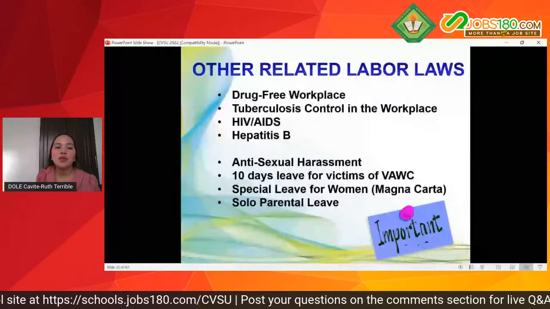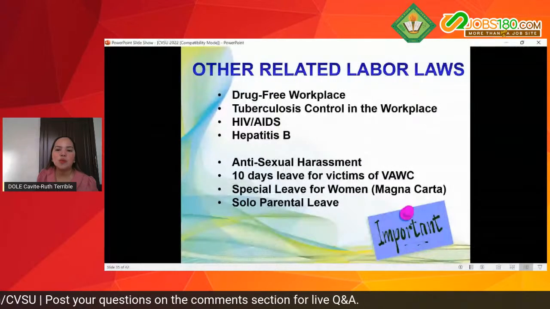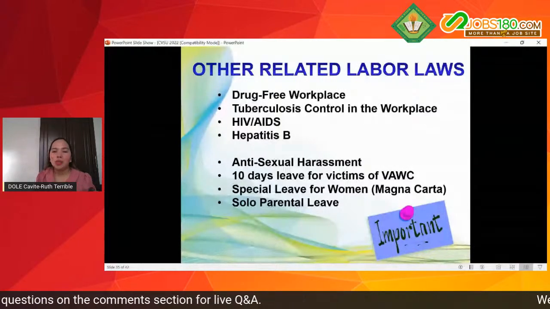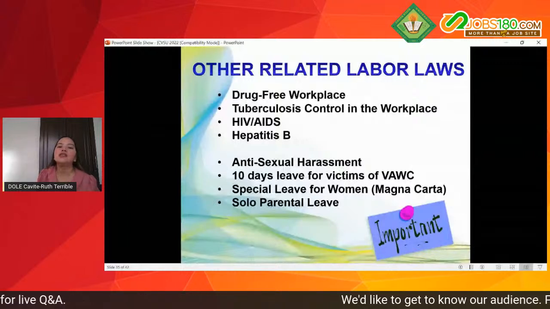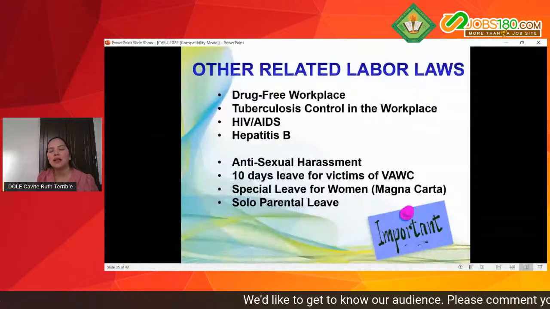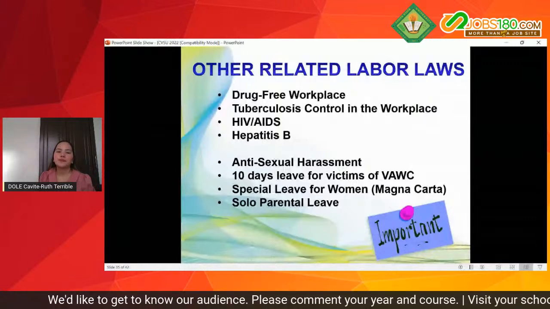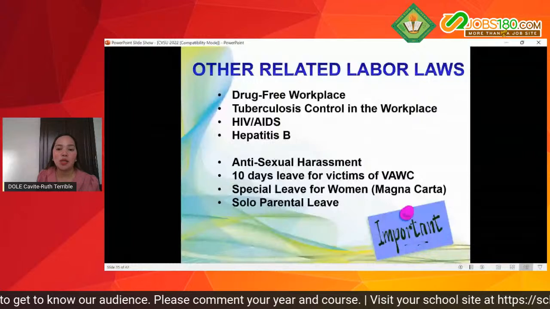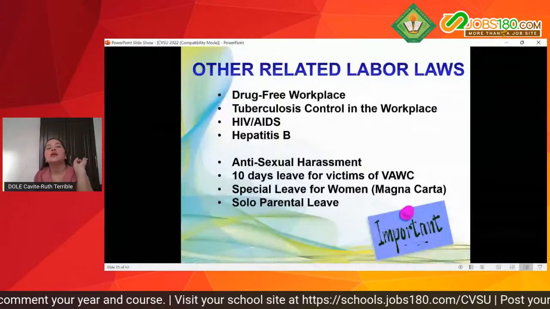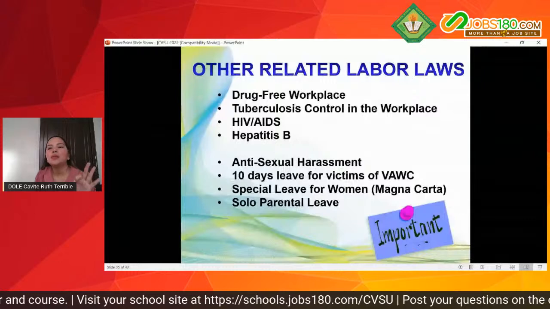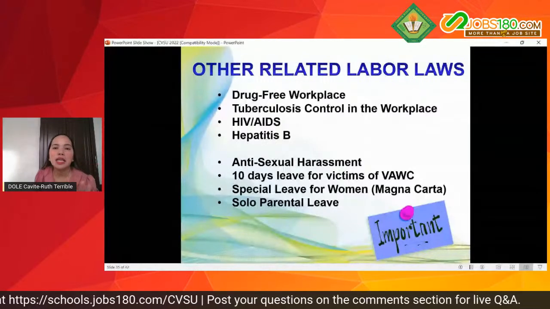Next, let's proceed with the 10 days leave for victims of BAUSI or the violence against women and children. So BAUSI month is this November. So we're celebrating it for 18 days. We highly encourage po yung mga nasa offices po to wear orange during Fridays. And we have different types of violences. So we have this physical violence, we have economic violence, we have emotional violence,